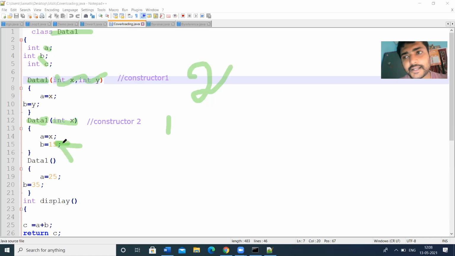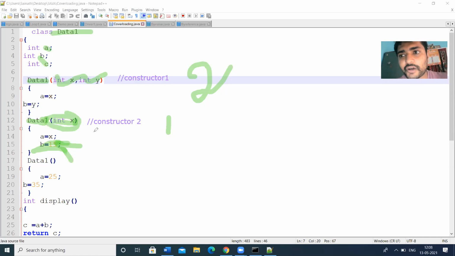B is equal to 15 is the constant. There is no need to pass this variable. So in constructor 1 the a and b values are initialized dynamically, but here only the a value is assigned. For all the cases, the b value is 15. That's why he's not passing the second parameter. So constructor 1 has two parameters, two initializations. Constructor 2 has only one parameter.